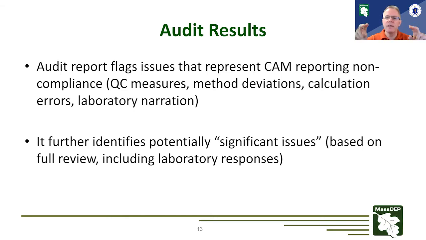And by significant issue, we mean anything where the result would differ from the true result. So it could be a little bit high, a little bit low, but if there was any variation at all, we would call it a significant issue. And that's really detailed in the report, so you should take a peek at that. But to go into this a little bit more detail right now, please go to the next slide.